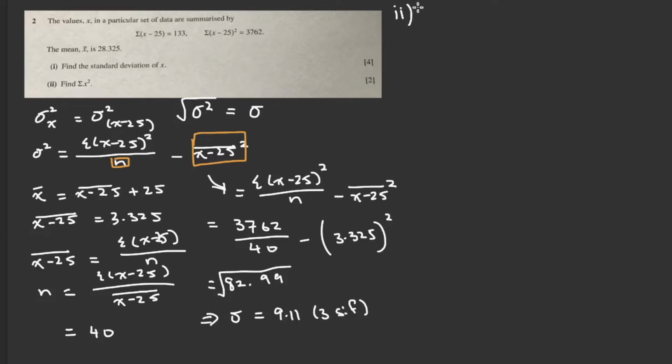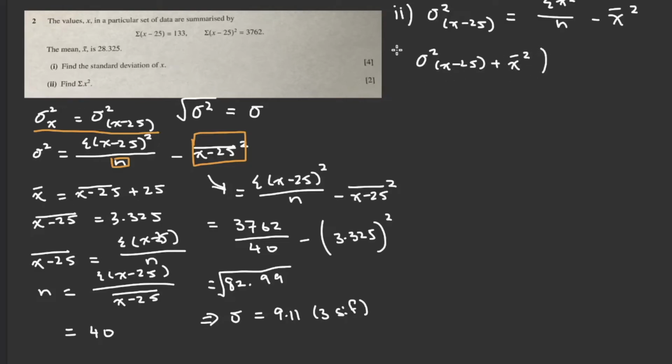So we need to find out what sigma x squared is. Well, once again, using this rule, we can rewrite the variance of x minus 25 to equal sigma x squared over n minus x bar squared. And since we already have everything here, we can just work it out. All we need to do is take the variance of x minus 25 plus x bar squared, and then times n to get sigma x squared, which means that sigma x squared is the same as 82.99